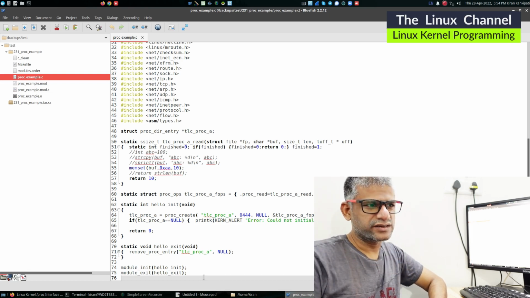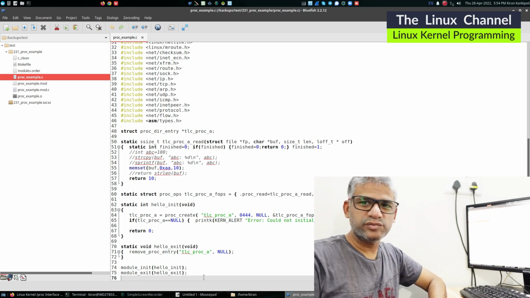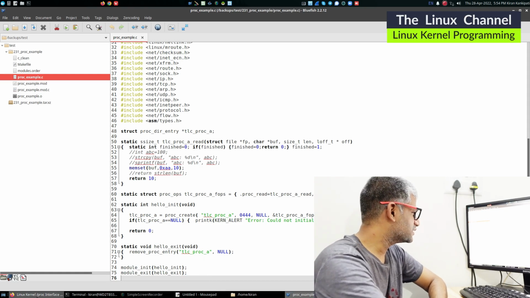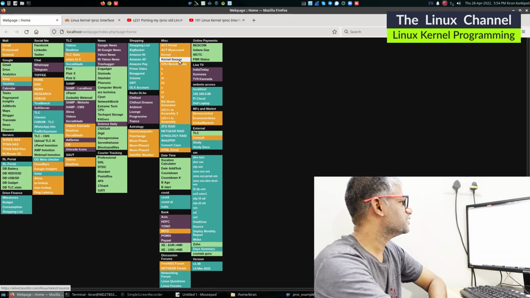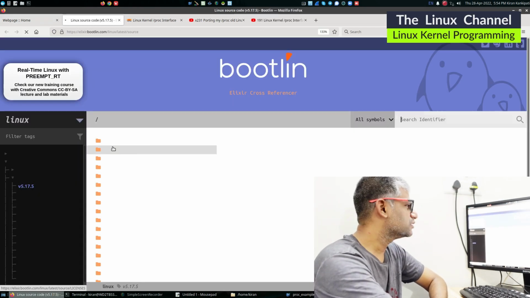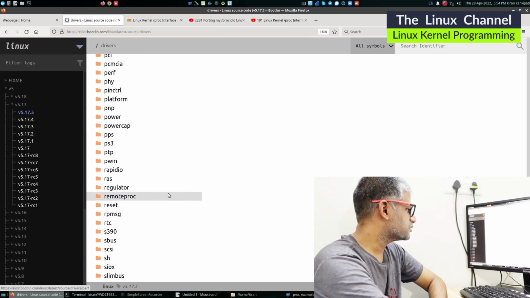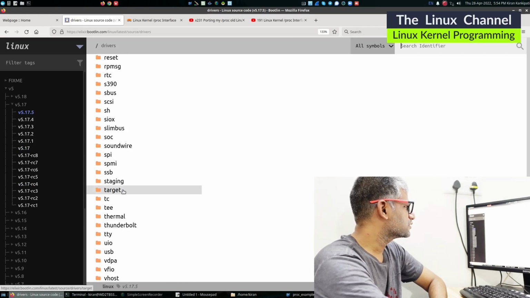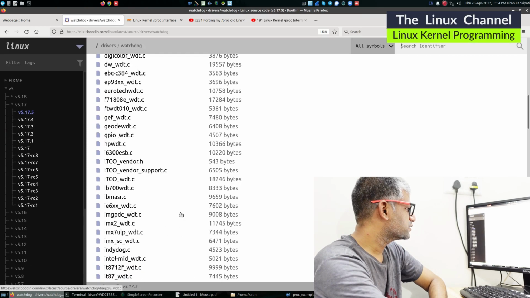So if there are any typecasts or anything is missing, then you are supposed to comply and then compile your kernel. So what we do is we just add that licensing stuff. You can take a template from anywhere. You can take any kernel module which is existing. So let's take some sample driver, say this watchdog, and